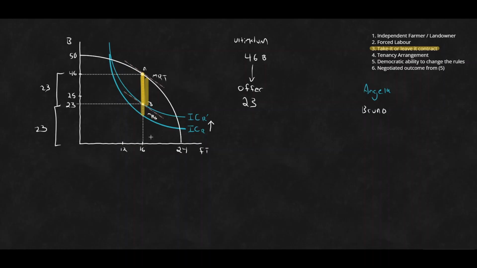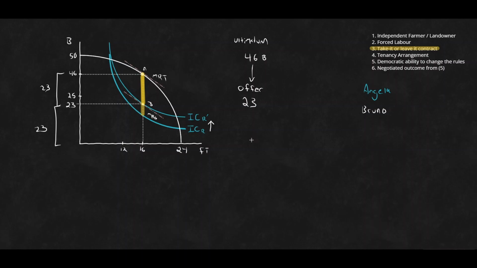And so while it's true that the total economic activity, all being attributed to Bruno, was greater in the case of forced labor, hopefully we can all agree that it's a bit more of a fair outcome, although it's less, for Angela to have the freedom to choose which farmer she works for, even in this take it or leave it kind of contract scenario.